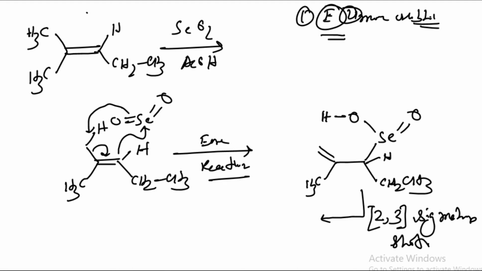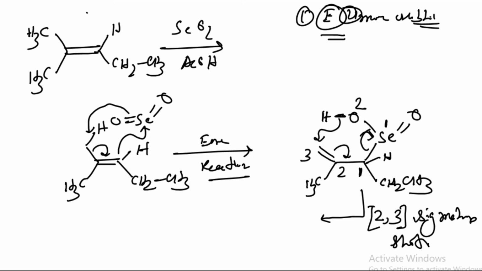During this reaction, this hydrogen leaves as H plus, so this O minus attacks here, this goes here and this comes onto the selenium. So why is this a 2,3-sigmatropic shift? Because for the bonds which are breaking, you have to start naming from there. So this is 1, this is 1, this is 2, this is 3, and this is 1, so this is 2. The bond forming is at the end of 3 and 2, and the bond breaking is between 1 and 1, so this is called a 2,3-sigmatropic shift.